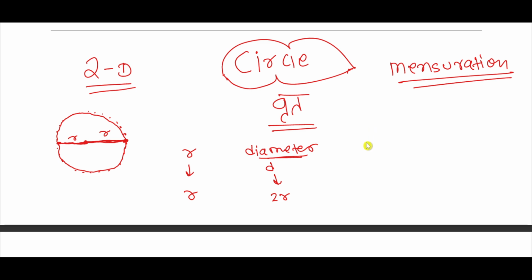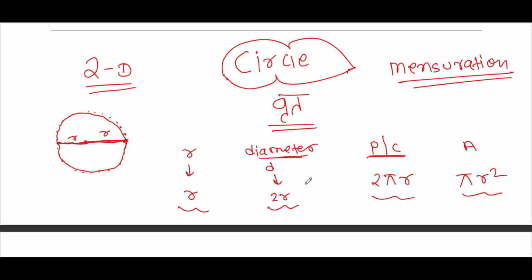Now talking about the perimeter, that is also known as circumference. The formula is perimeter is 2 pi r, and if we are talking about the area, we already know the area is pi r square. So we know these things from our academic sessions like 10th or 12th. Today we are discussing competitive exams, and how competitive exams demand us to solve any question within a particular short time.